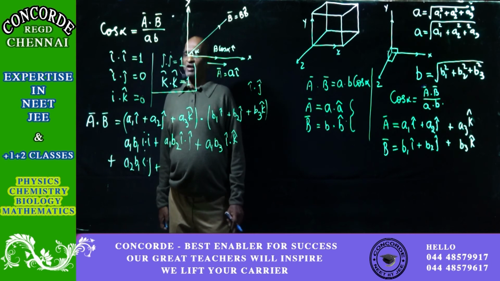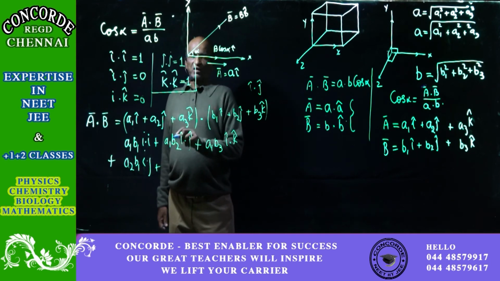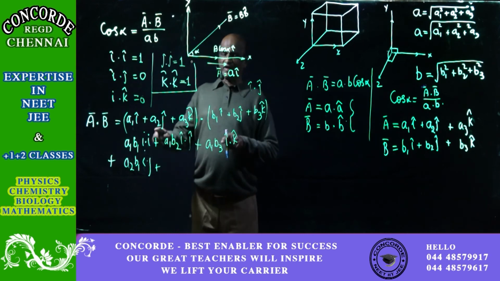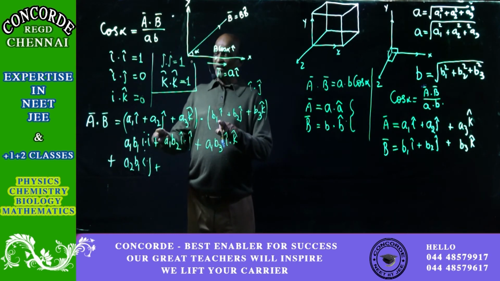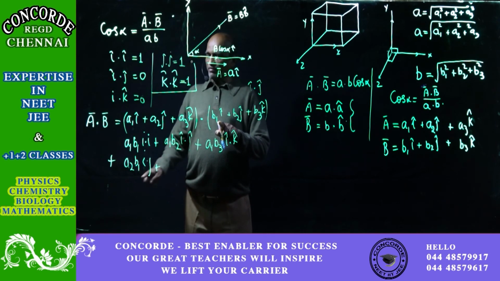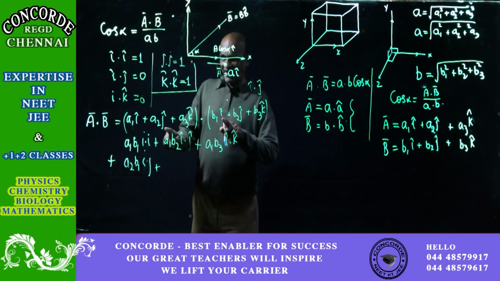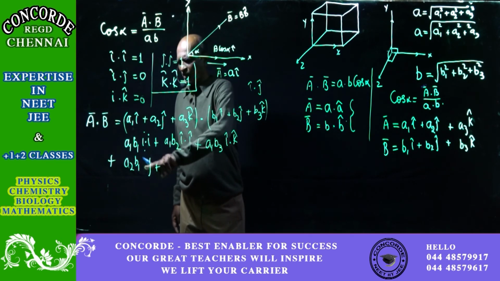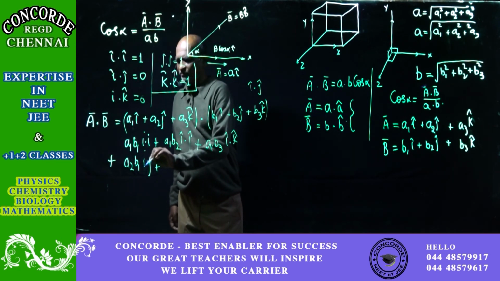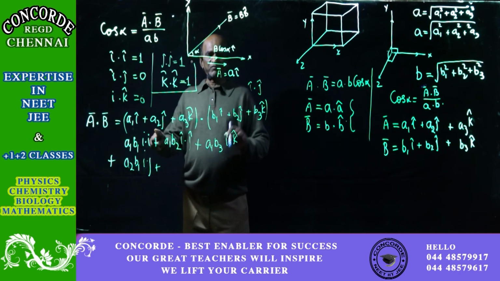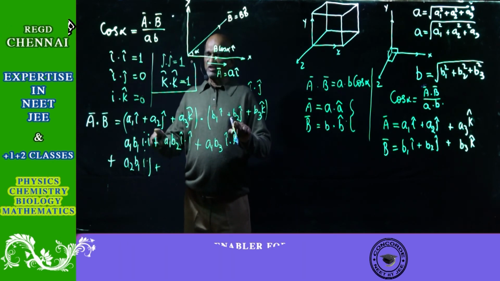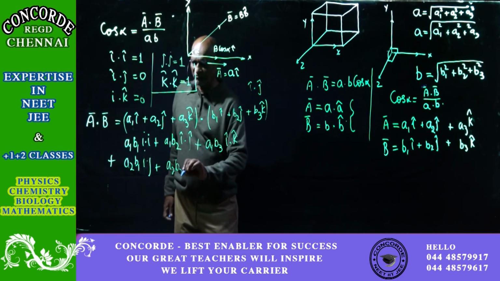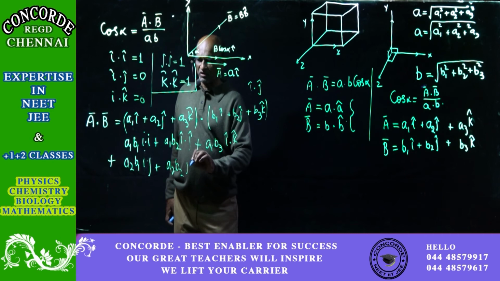Just a minute, A1, then that will be equal to A1 B1 I dot I, that is also A to J B1 I. So it will be A to B1 J dot I. You write it as I dot J, it's all one and the same thing. And then going to the second term, we have got A to J multiply B to J. So it is A to B to J dot J.